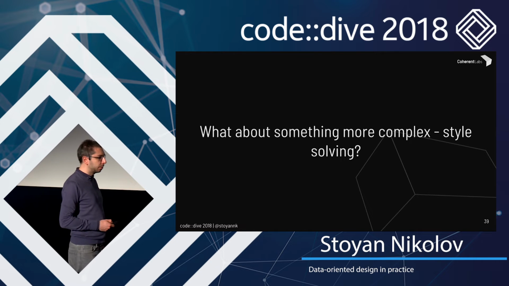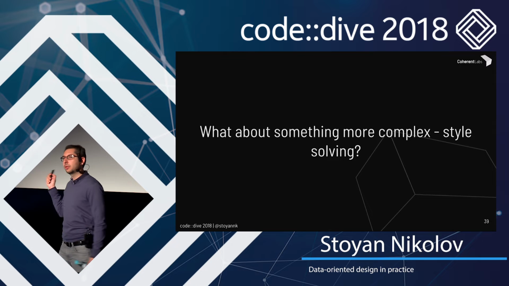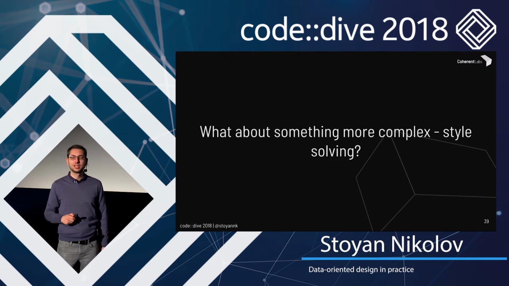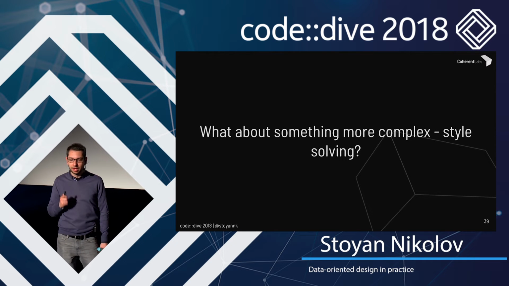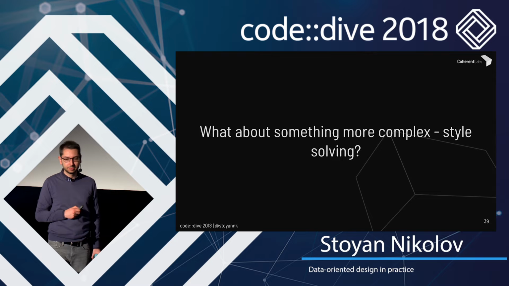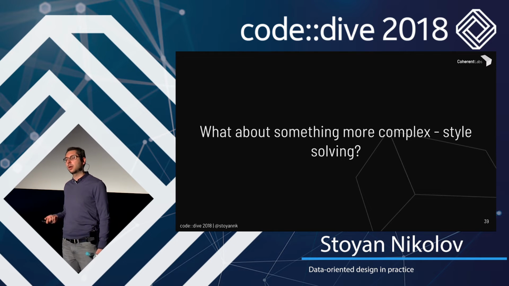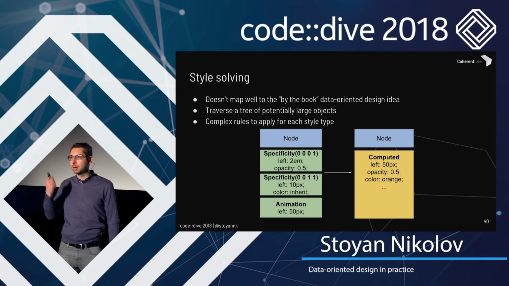So I will quickly go over another system, actually, because this is an example that maps very well to data-oriented design, because you have these contiguous and fairly independent from one another animations. But what about another system that is more complex? And this is the system of style solving. Again, the details of how it works are not important. I'll just highlight the problem so that you can think in your head and probably map it to some problem that you have.